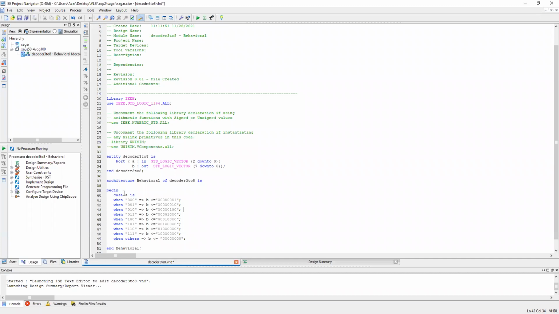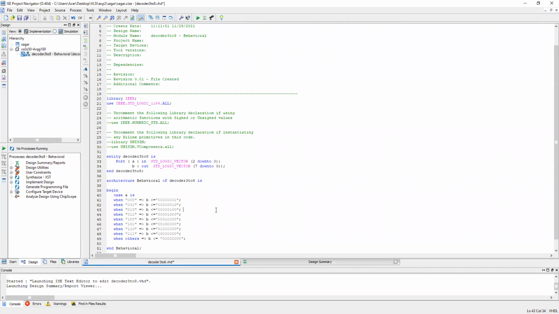So I have used the case statement. Case A: when 000, B will get 00000001. When 001, B will get 00000010. Likewise, you have to proceed with the 8 combinations.